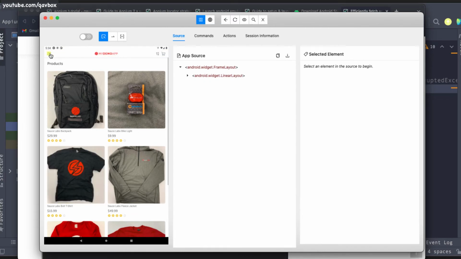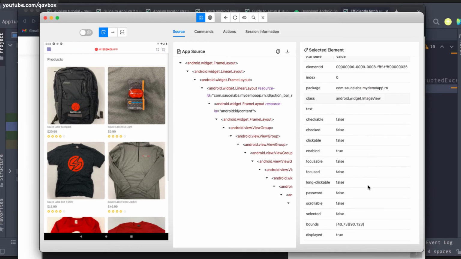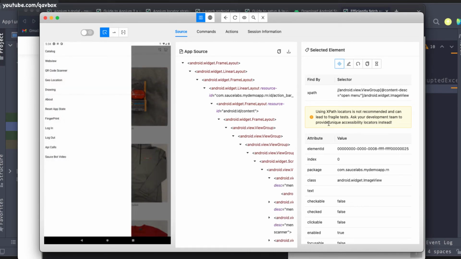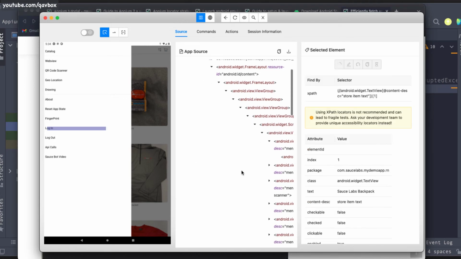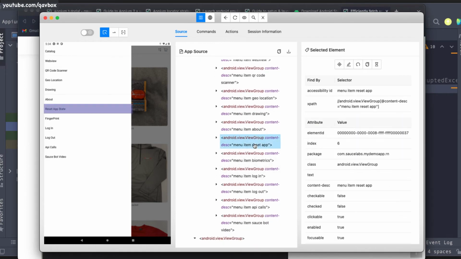Now it is very easy. You just click on any element and you can get to know the XPath, the ID, whatever you want to know. Now let's say that I'm tapping on this, and then you can see all the options here. Let's say that I want to log in, and you can see the login option here. Let me go inside this and reset, and then here you see that this is my login, and the accessibility ID is given as menu item login. Now if I tap on this,